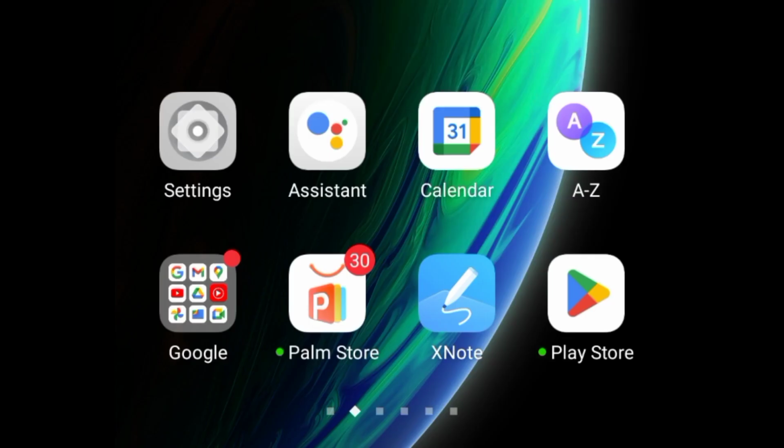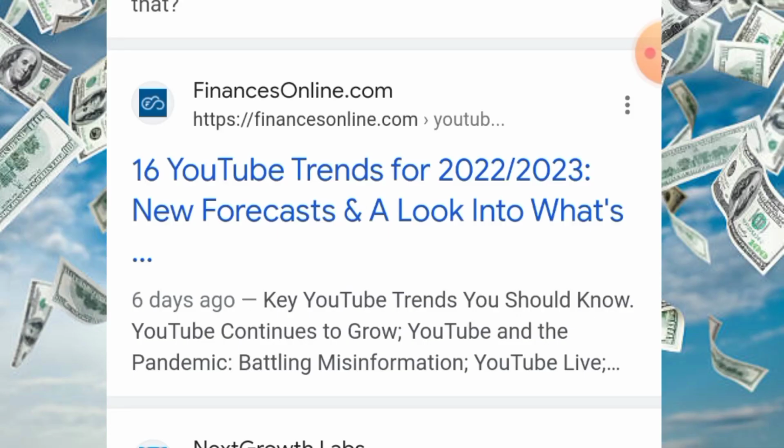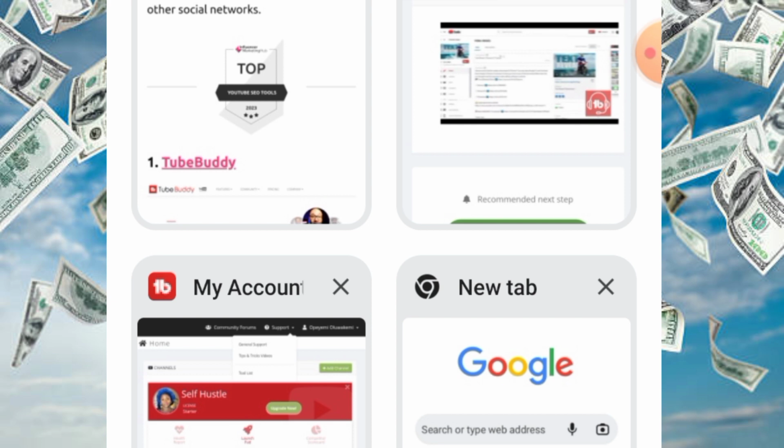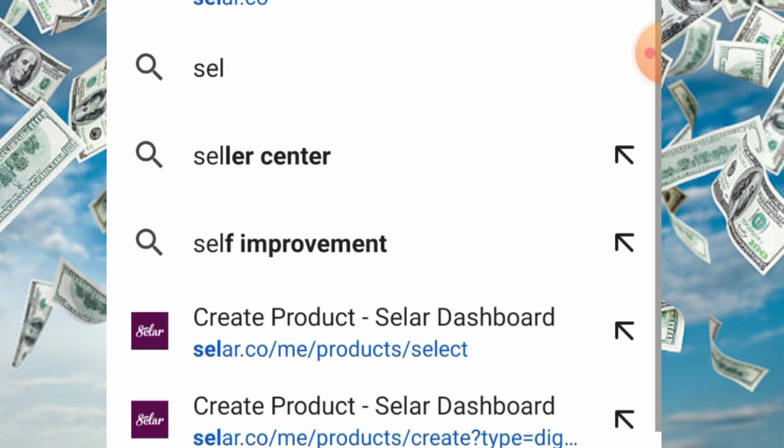Like I always say, welcome to the screen of my phone, because I use my phone for basically everything I do online. So I'll just be going to my Chrome browser. I have to create a new tab on my Chrome browser. Now go on Chrome and click